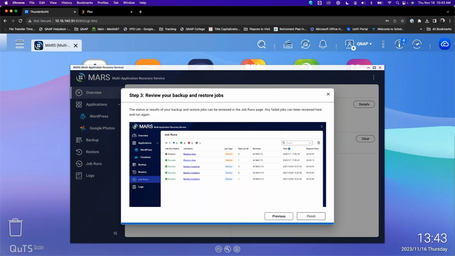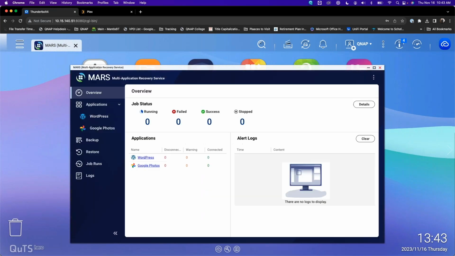Now, if you have a lot of photos stored in your Google Photos application on your Android phones or even on iPhone, and you don't want to pay the subscription fee for Google Photos, I think it's $9.99 for a terabyte of Google Photos storage. If you don't want to pay that, you already have a NAS. QNAP allows you to download all your photos from Google Photos into your QNAP